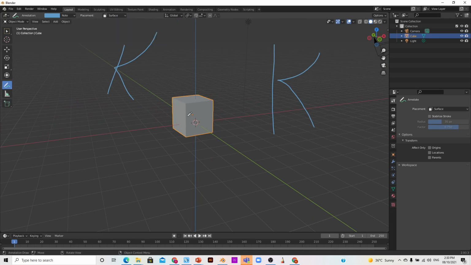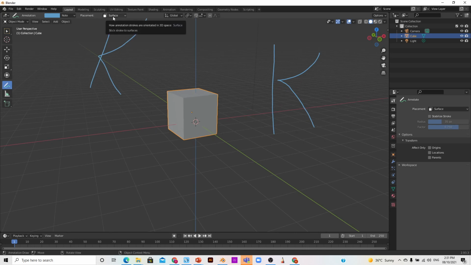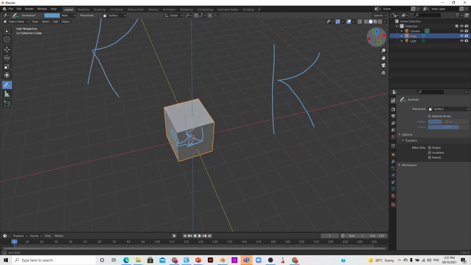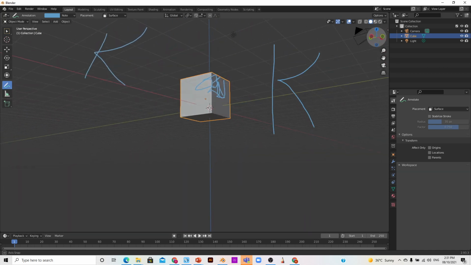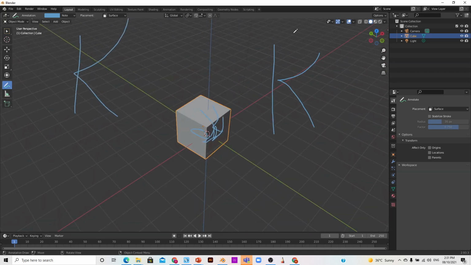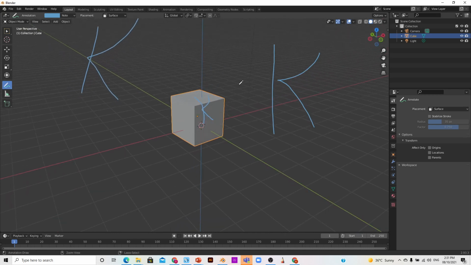Now this is the surface. After switching to the surface mode, you will be able to write over the object. Okay, so I will draw something, and now let's try. Now you can see I drew over the object. Okay, so that's it. I will press and hold Control and Z to